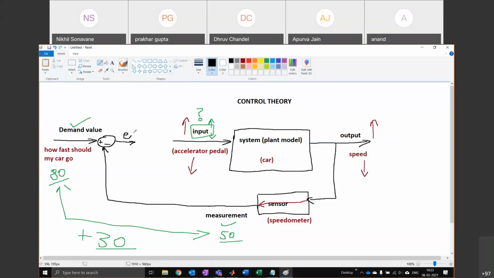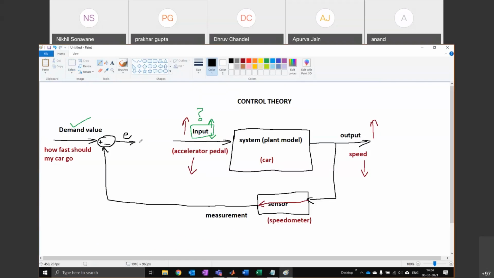So E stands for error signal. Is it clear so far? Any doubts? Any doubts so far? Anybody? Okay, it's clear so far.